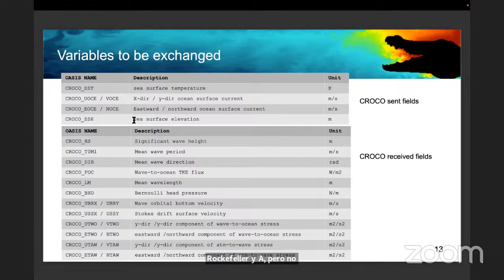Then you can exchange the sea surface elevation, which is useful as the waves. And what are the fields that CROCO can receive? It's typically significant wave height, mean wave period, mean wave direction, wave to ocean kinetic energy flux, mean wavelength, bearing head pressure, wave orbital bottom velocity, surge drifts, component of the stress that is given from the wave to the ocean,